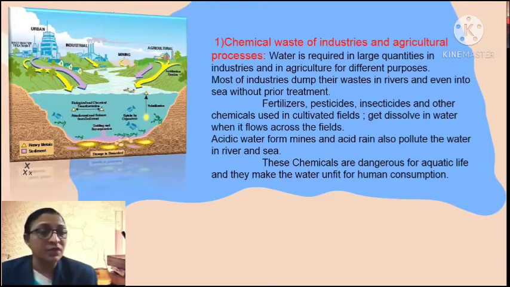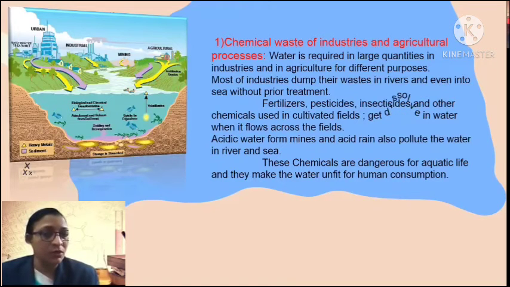Fertilizers, pesticides, insecticides and other chemicals which are used in cultivated fields get dissolved in water when it flows across the fields. These are carried to the rivers, oceans and seas with the help of rainwater.